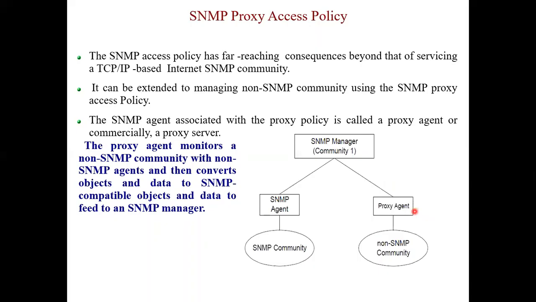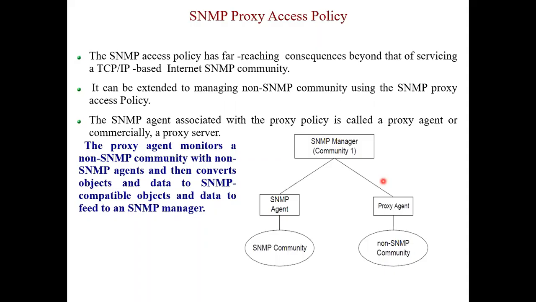Okay, because immediately when we migrated from version 1 to version 2, I had shown you the history. कौन से year में कौन सा version आया था. There was a gap of only 5 years. So we cannot replace all the components और एक मैनेजमेंट इसको निकाल के दूसरा मैनेजमेंट टूल उसमें इंस्टॉल करें. Okay, so we had to handle simultaneously version 1 and version 2. So with the help of proxy agent, and one more is there, a manager that is called the bilingual manager.